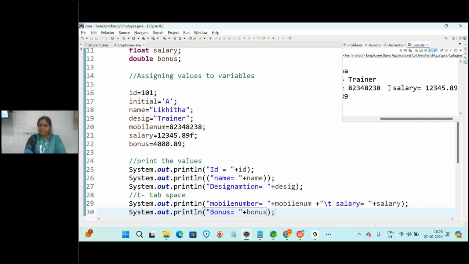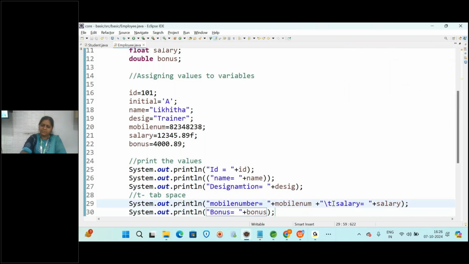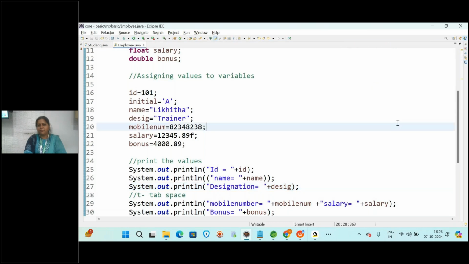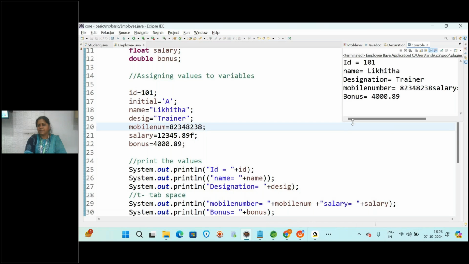Space. Suppose I don't write this tab space, I'm not writing any space, I'm saving this, and then let us run. You can see, is there any space between the bonus value and the salary? You can see here, is there any space? No, it's not proper, right?